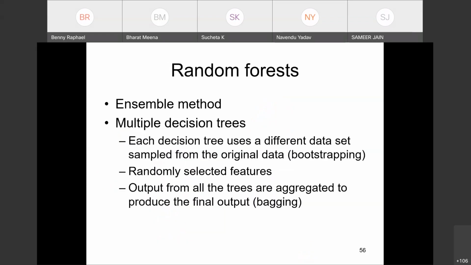So to avoid this, to make it more robust, people thought that we can create multiple trees. Instead of just relying on a single tree, we can do multiple trees and see how the prediction changes from one tree to the other. So it gave rise to what are called ensemble methods, a group of methods. You apply the different algorithms together and see what works best.